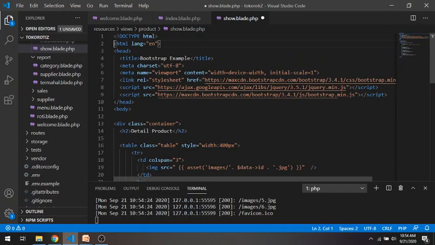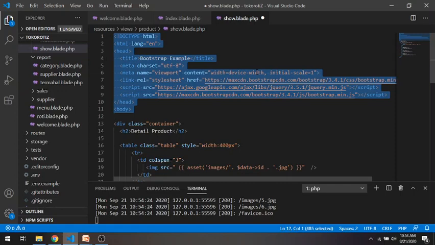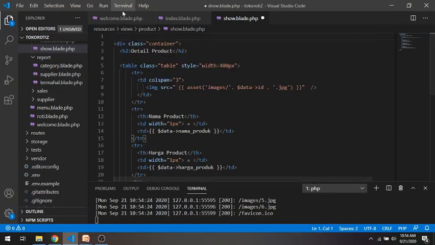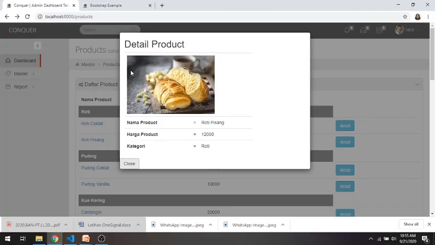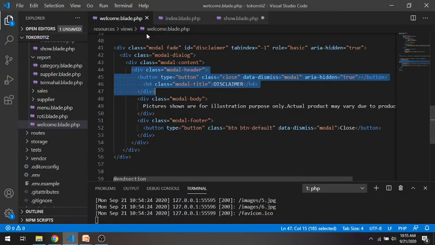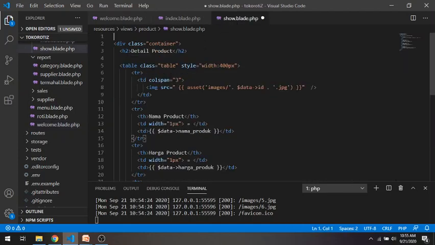Maybe we also have to move this one, and we modify it just like the structure of this one. Here we have to have a modal header, because it will be put in the modal content.